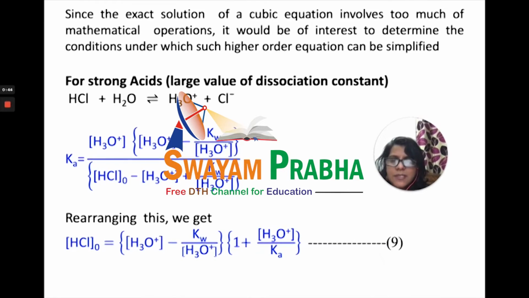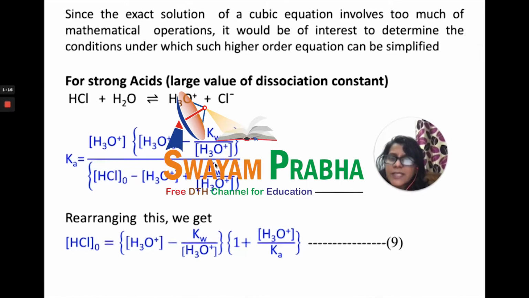Now let us apply this treatment to a very strong acid, which is HCl in this case. When you write down the expression, you will follow the same procedure. You will write down the expression for the ionization of HCl and write its Ka value. You will write down an expression for the auto-ionization of water. You will write down the condition of mass balance. You will write down the condition of charge balance. Solve it in the same manner that we have done previously.